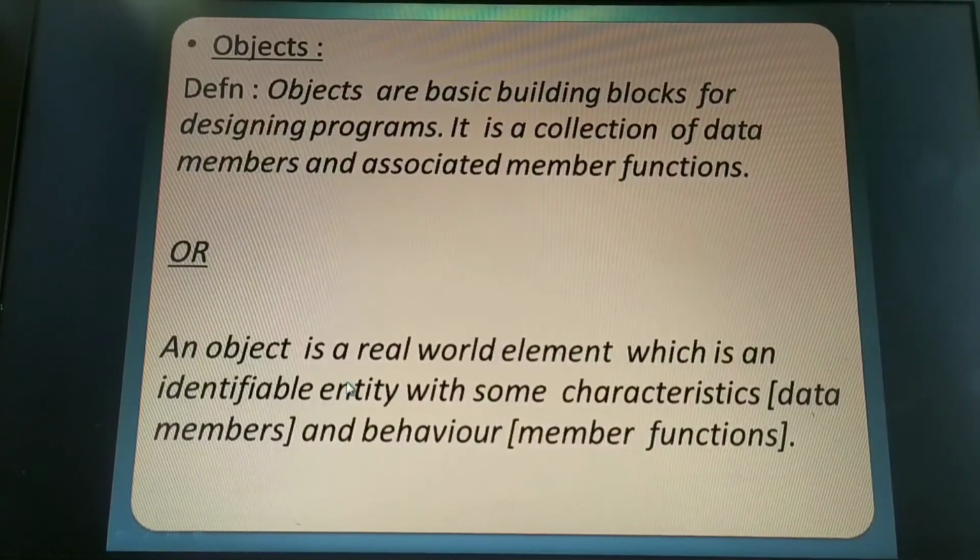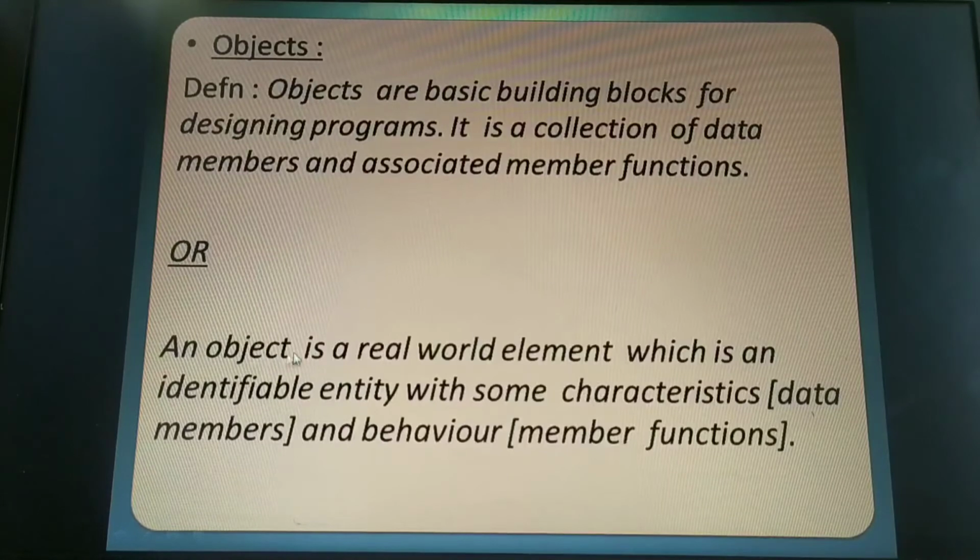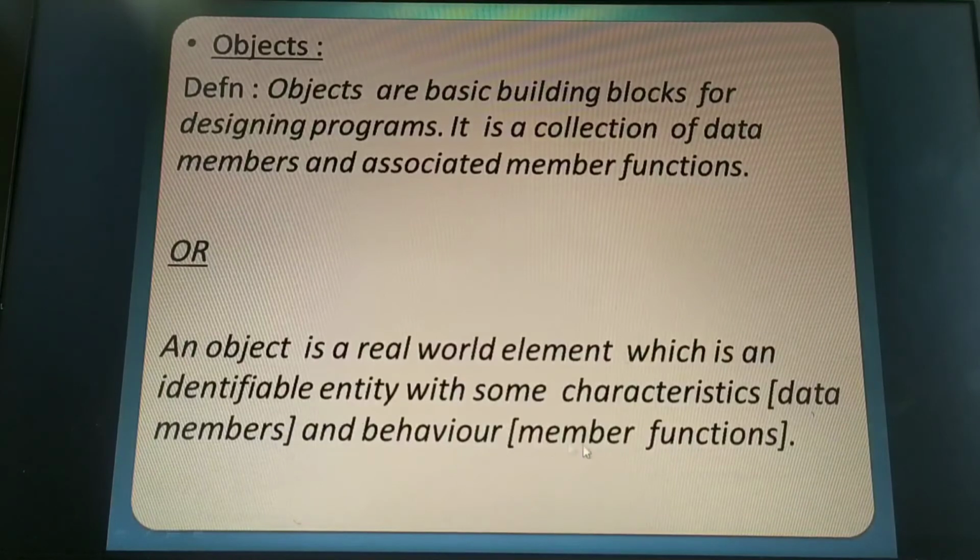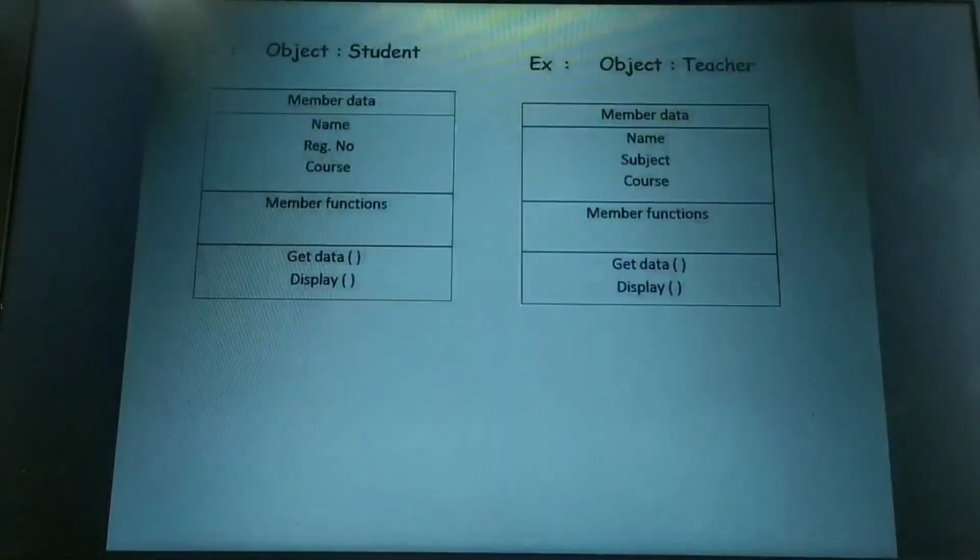Here is another definition of an object. An object is a real world element which is an identifiable entity. Entity in the sense of a thing, with certain characteristics known as data members and behavior known as member functions. I can give an example here. You can see there are two different objects, a student and a teacher. Students have their own characteristics, called member data, like name, register number, and course.